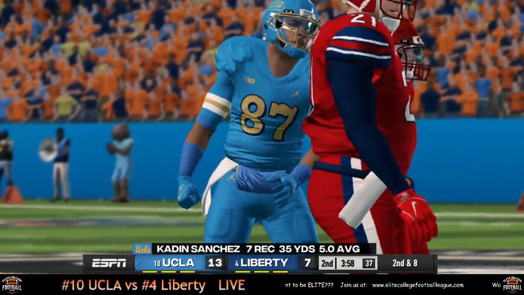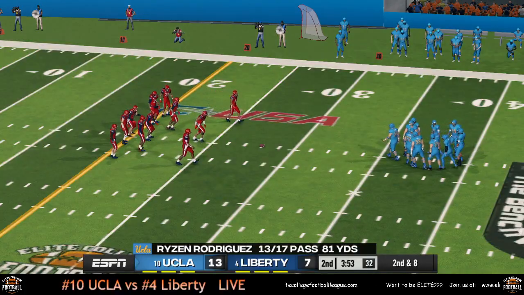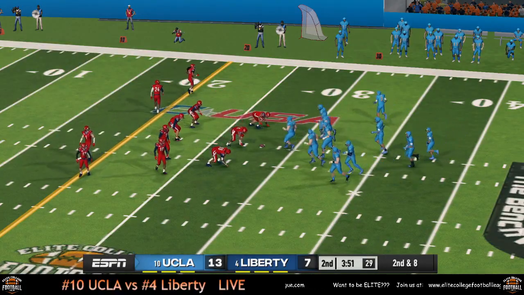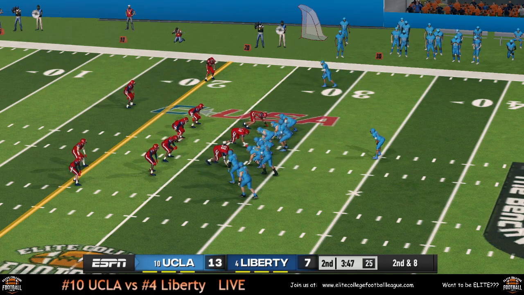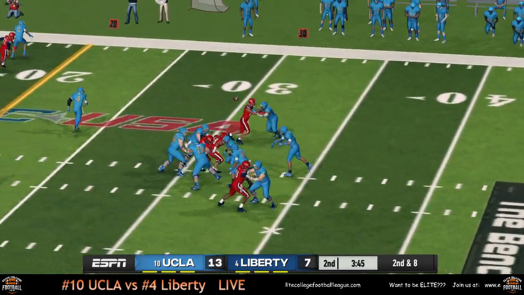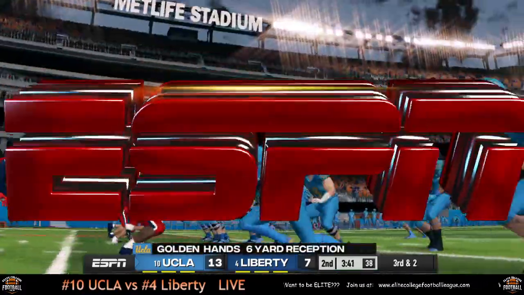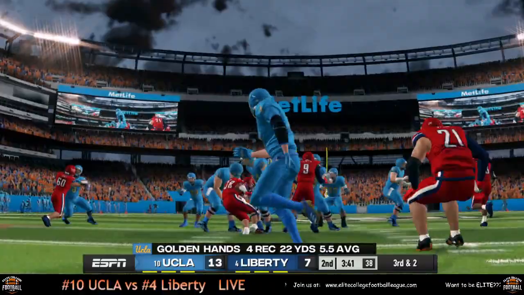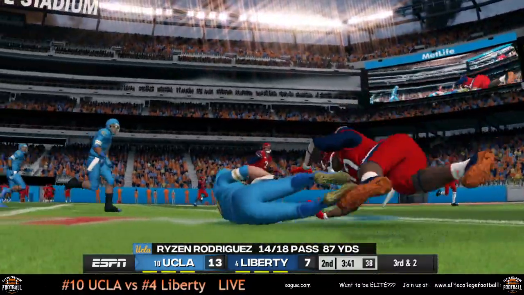Sanchez with a 2-yard reception brings up 2nd and 8. Golden Hands with a 6-yard reception brings up a manageable 3rd and 2 for the Bruins.